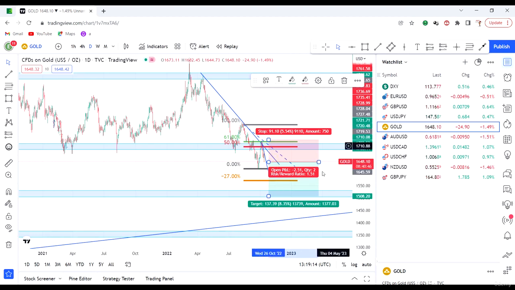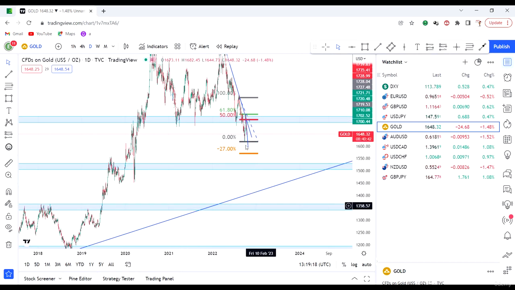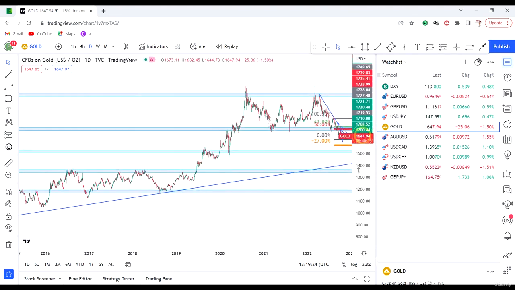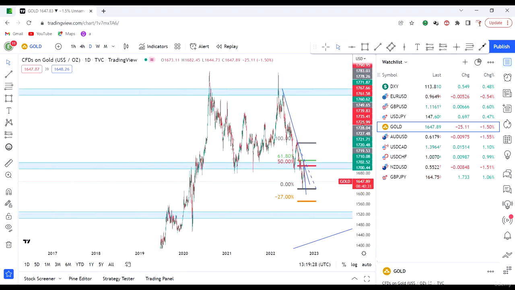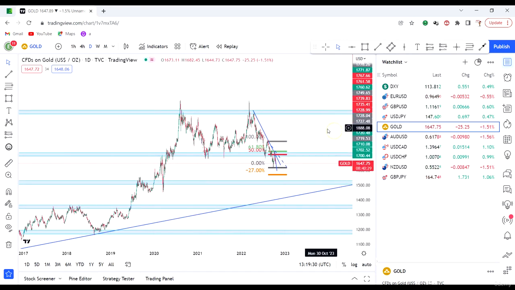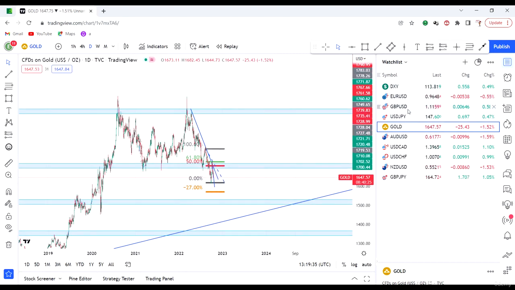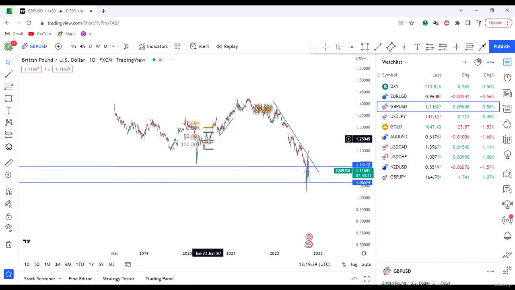The market is going to move down to this point. So that's one thing, and that's just the way to analyze the market with this strategy. This strategy is more complex, but if you do it over and over again, you're going to get used to it. Now this is GBP USD,